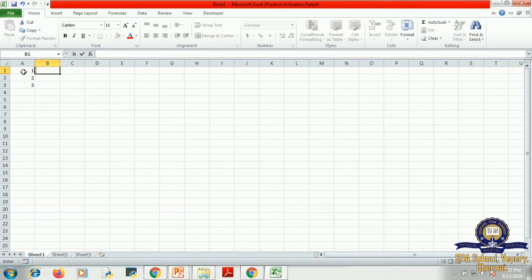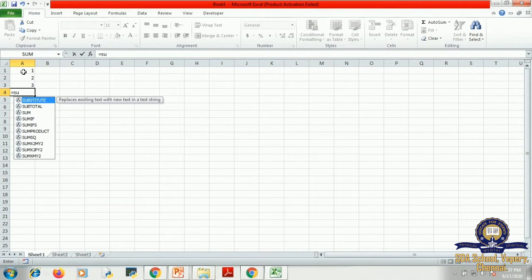Since I'm going to do the formula in A1, let us do it in this cell itself. Whatever you want to apply, first you just give equal to sum. Can you see here down? Once I click SUM, what's happening to my cells?